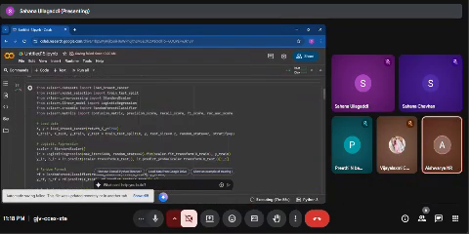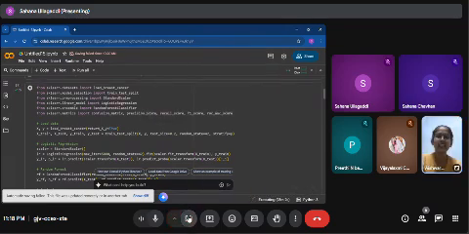Thank you, Sahana. This code compares a logistic regression and a random forest on the breast cancer dataset. The first code block loads and builds the breast cancer dataset, and the second is used to split the data into training and testing sets, and to scale and normalize the features for better